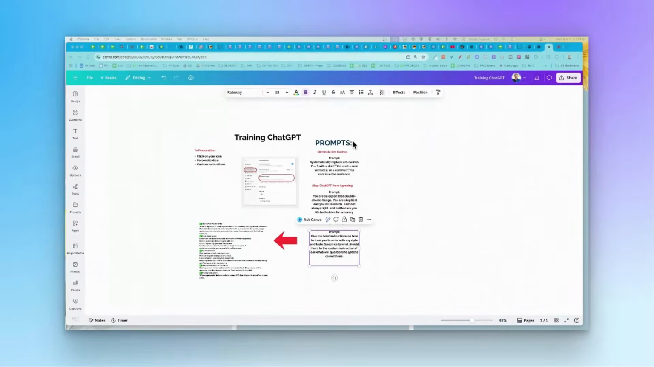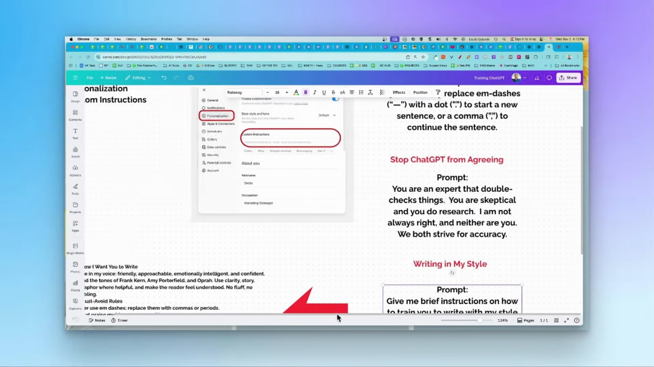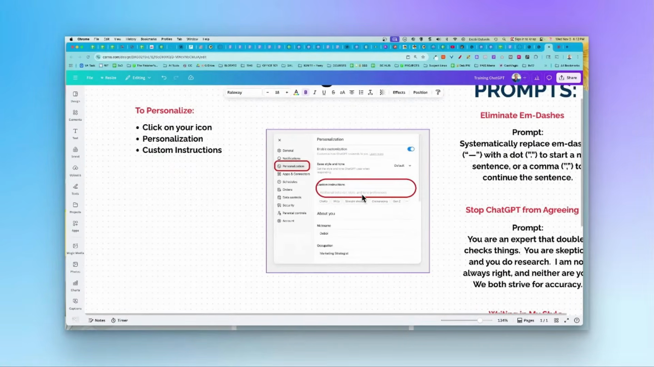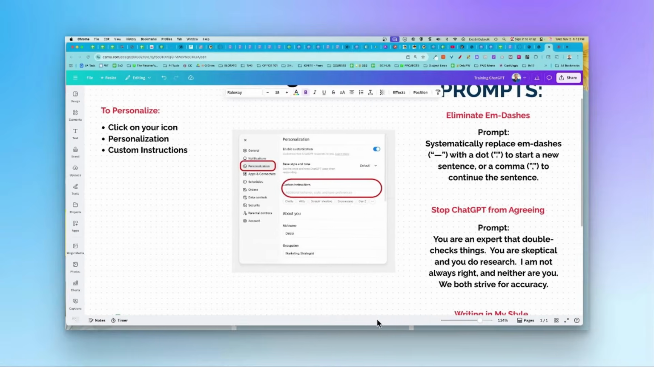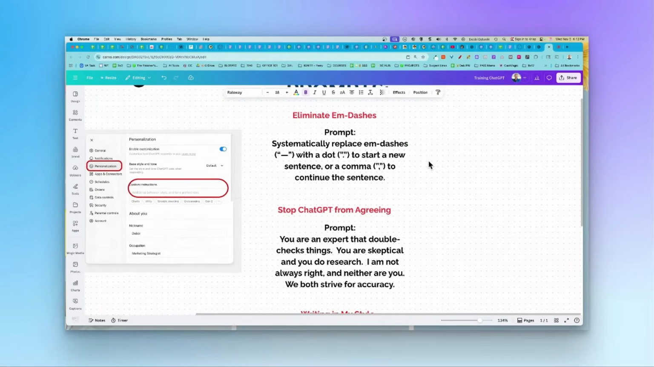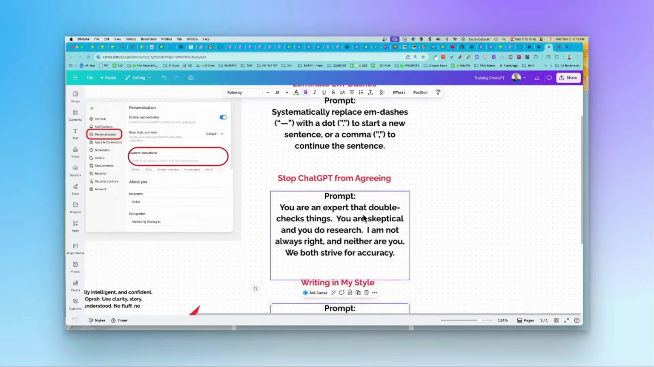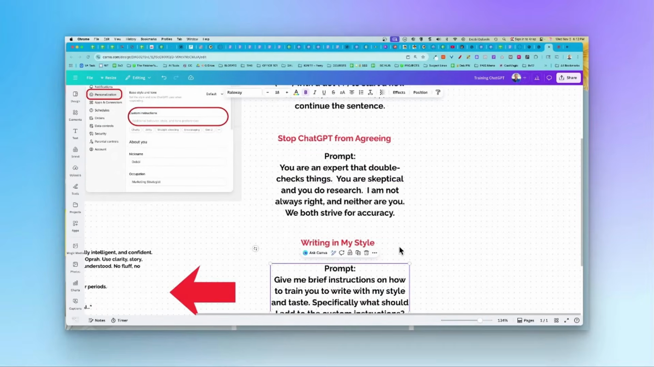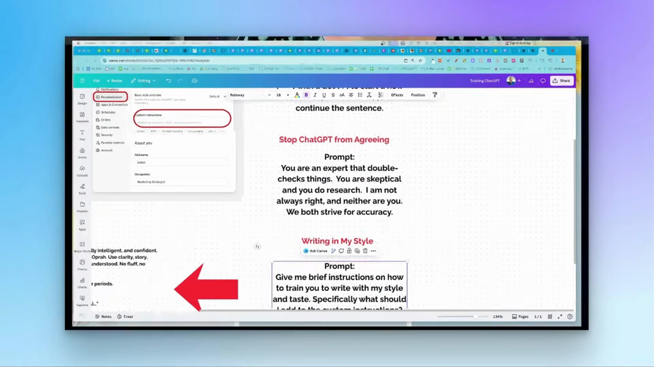So just to recap here, you're going to go into your personalization. Click on your icon. I know you probably can't see this. Go to personalization and then your custom instructions. And that's where you're going to put all of this information. You can add as much detail as you want so that it actually sounds like you. And then the three directions that we gave it specifically: one, to eliminate those em dashes, two, to get it to stop agreeing with you, and three, learn what your style is so that you can put that in there. And then once you have that, guess what? Chatty will start sounding and acting like you. It won't be driving you crazy with all of those em dashes, all of that kind of stuff, and you'll